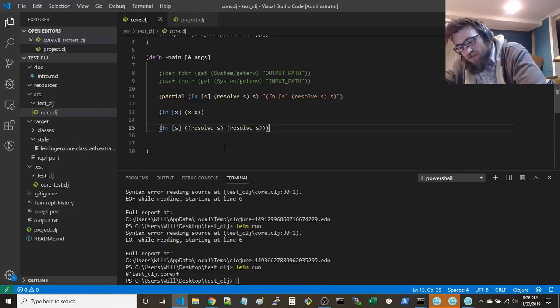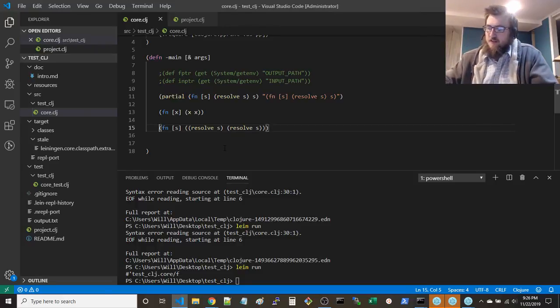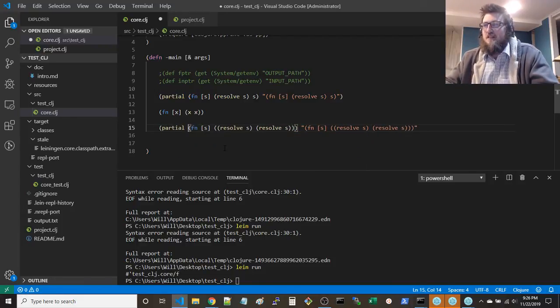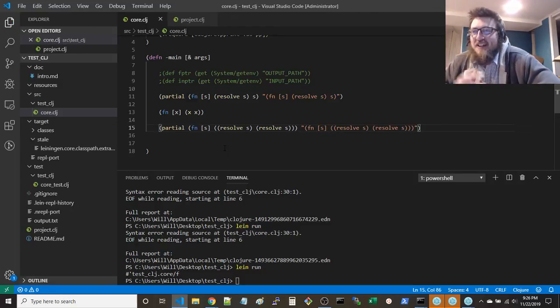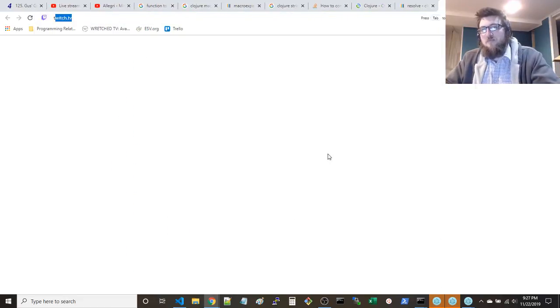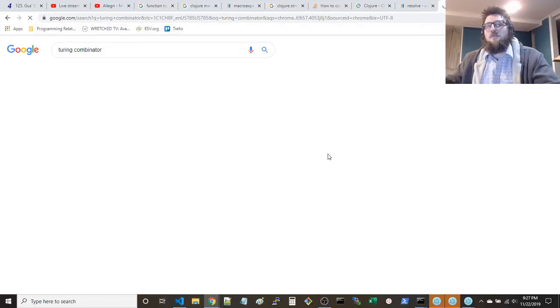Now, if you give as a string this thing to this function, and you call partial, you've got the self-replicating function now, which is resolve of S on resolve of S, which I probably want the Turing combinator in string form, because what it returns